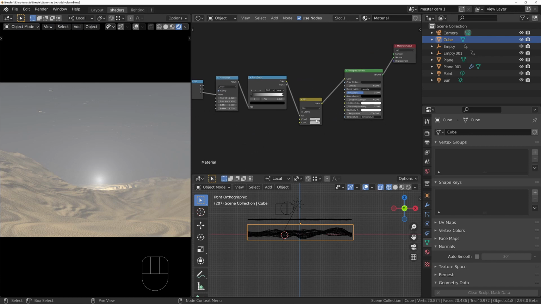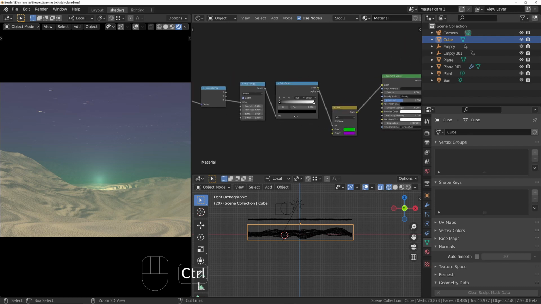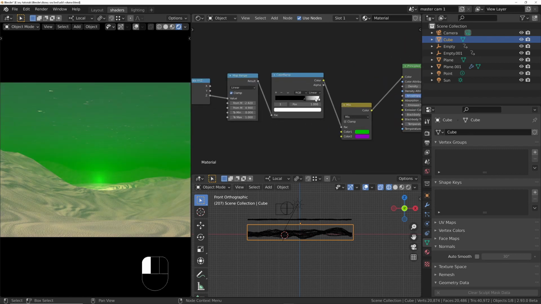So we've got these two colours. I'm going to change this to green. I'm going to change the bottom one to blue, something like that. And you can see now we're getting a separation. We're getting the green towards the bottom. We're getting the purple towards the top. So it's the top one we want to use for the bottom, which is counterintuitive. So let's just switch these over. There we are. So now the bottom one represents what's at the bottom,